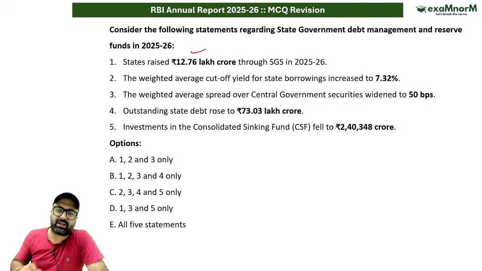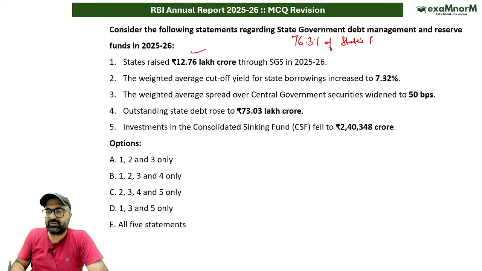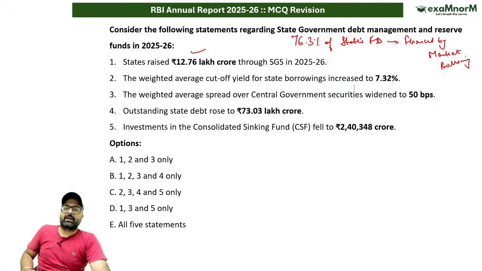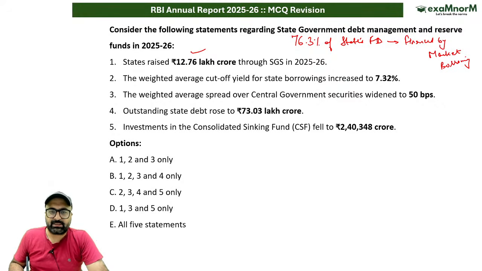That is absolutely correct. So if I talk about state government debt market borrowings financed: 76.3% of states' fiscal deficit is financed by market borrowings. This is something which you need to remember. Okay, besides this, the next point says